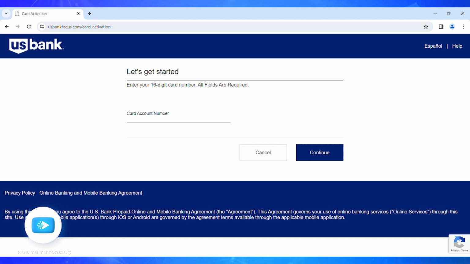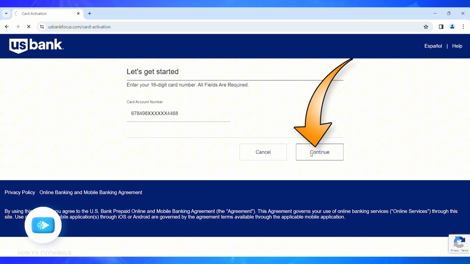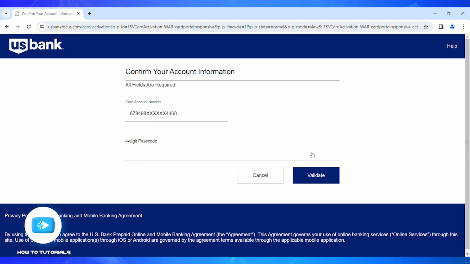card activation page, here you'll have to enter your 16-digit card number, which you can see from the front of your physical card itself. Now after entering your card number, all you'll have to do is click on the continue button. Now you'll have to enter your 4-digit passcode, which will be the last 4 digits of your mobile phone